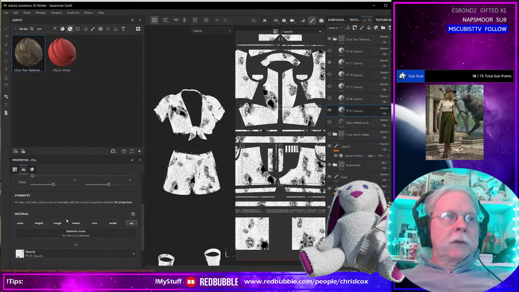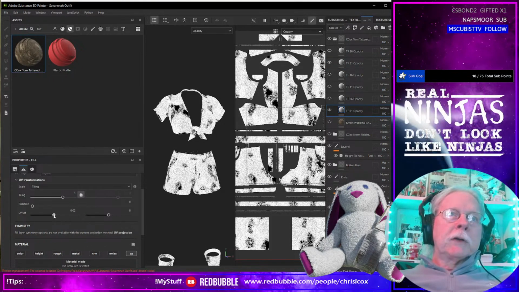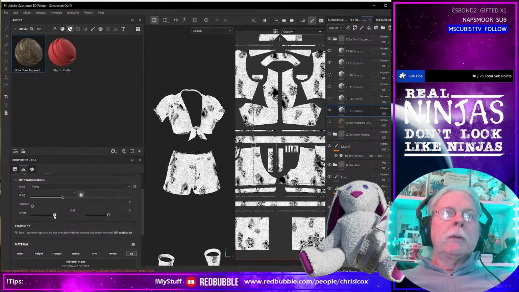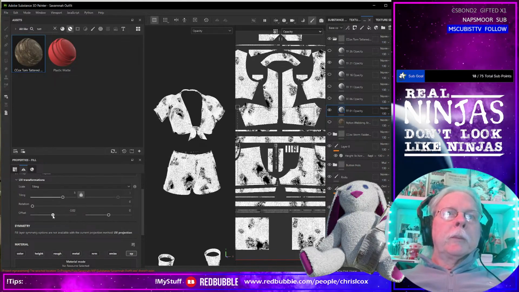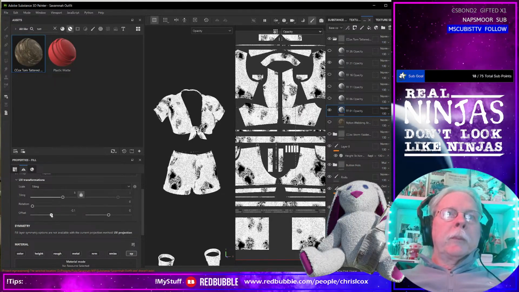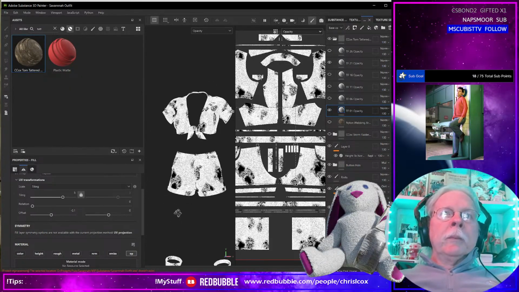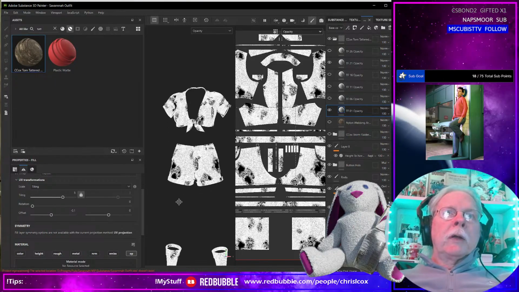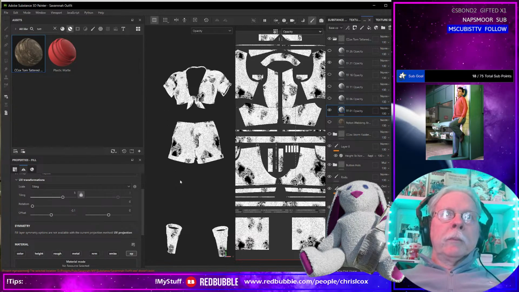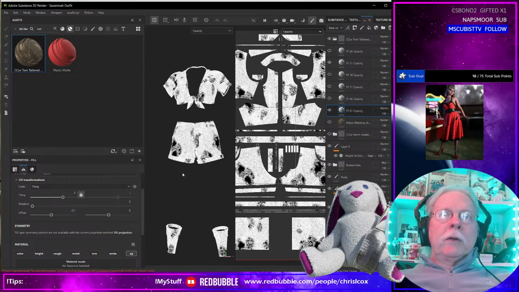So we'll just do the same thing with that. We'll just take the offsets and slide those around till I'm happy with it. Maybe something like that. I think that'll do the trick. So we're just going to save the opacity. Oh, I wanted